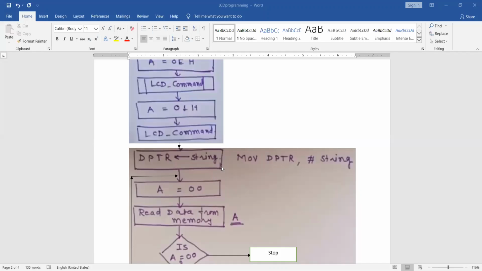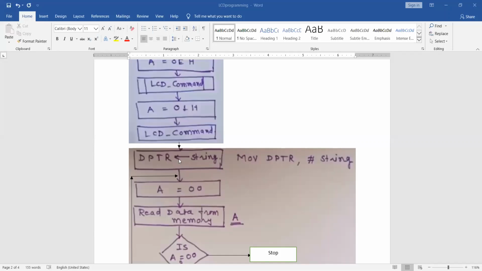By this command: MOV DPTR, #string. You are setting the string, that means right now the string Ganesh will be set to your DPTR. So DPTR will point to each character one by one. Are you getting or not?